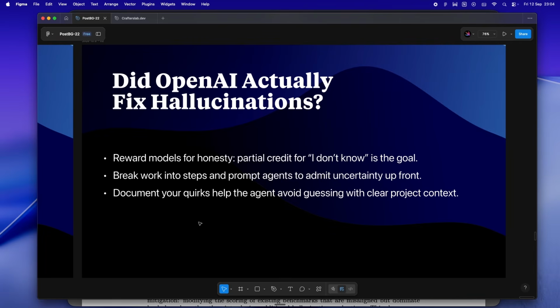has to invent. I treat my agent like a junior dev who's just joined the team. Give it all the docs, the weird project quirks, the never do this reminders, so it's not flying blind every time I start a session. And then, of course, anytime you find a tool or agent that lets you enable a say I don't know mode, use it. That's the future, and that's honestly what's going to separate the tools you can actually trust from the ones that just keep hallucinating with a smile. So, yeah. Not gonna lie, it's a little more work up front, but if you want to stay sane and actually trust the code your agents are spitting out, it's the way to go.